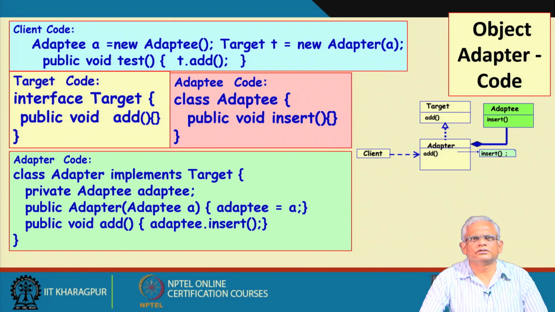If we have understood this example, then we know more or less everything about the object adapter pattern. We are almost at the end of this lecture. In the next lecture, we will see the same example, the set, and we will try to have the class diagram for the class adapter, and also we will see the Java code for that.